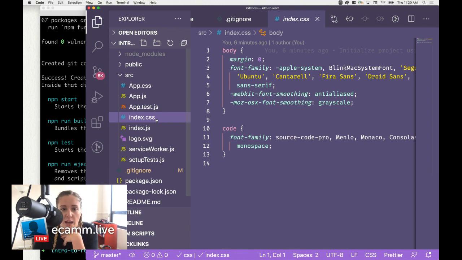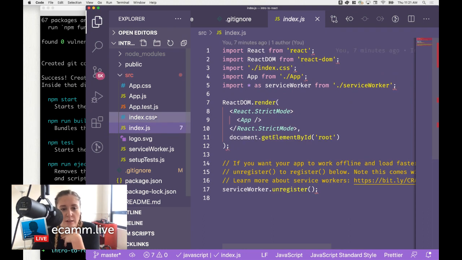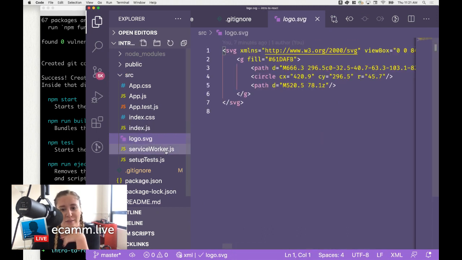Index CSS would have all of your project-specific CSS. So instead of your component-specific, just for the whole application, there are different strategies for doing CSS in React. We won't talk about them too much today, but there are different things there. Index.js, we're going to come back to this, but this has a lot of configuration information for getting your React app set up. Your logo SVG, this is just a React logo that they include in there